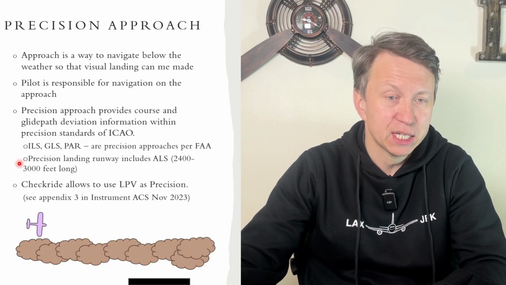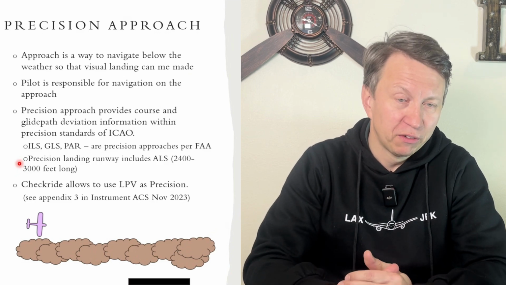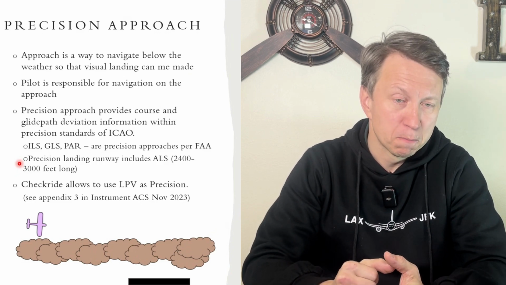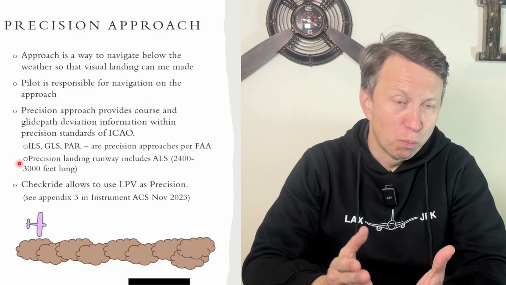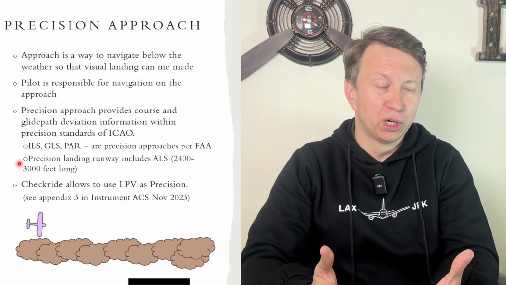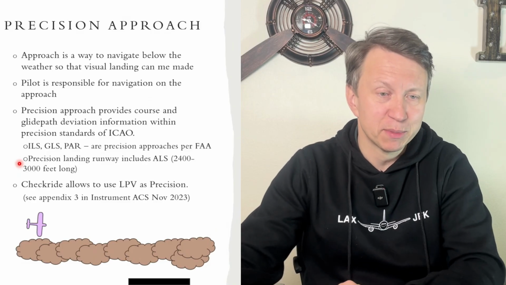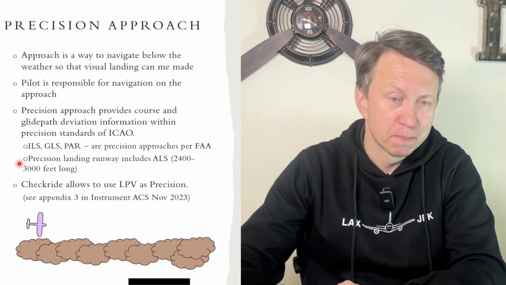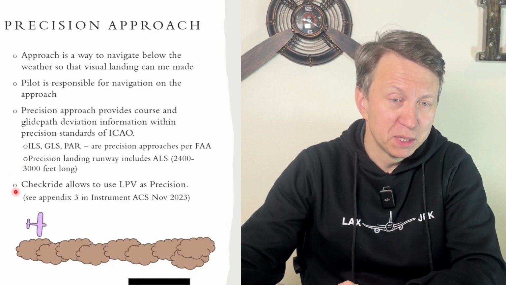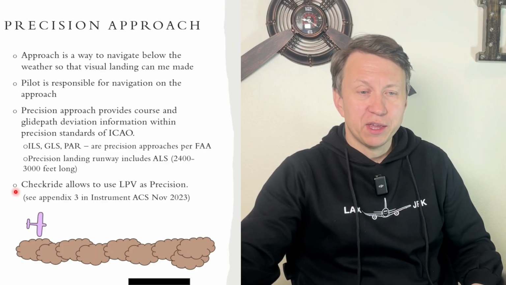Runway has to have approach lighting system, or ALS, which can be anywhere from 2,400 feet to 3,000 feet long. So lights and markings on the runway are just as important a piece of the puzzle as the signals themselves that drive you to the runway. And Checkride specifically allows use of those LPV approaches to satisfy the requirement to fly a precision approach. And that's